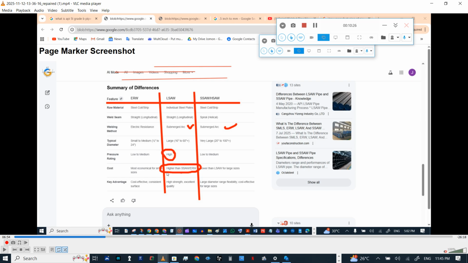It is a straight, longitudinal weld. Here, individual steel plates are used, while both of the other two methods use steel coil or strip. Diameter is also different: for the spiral it is 60 to 60 degree, and here it is 20 to 100. That's the difference